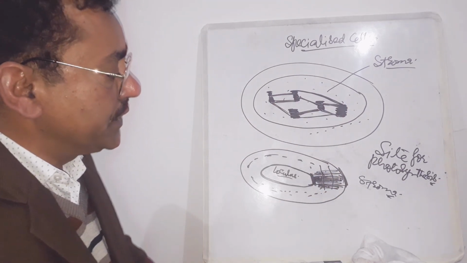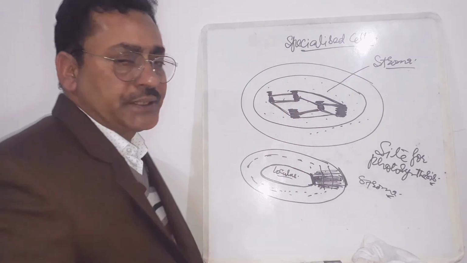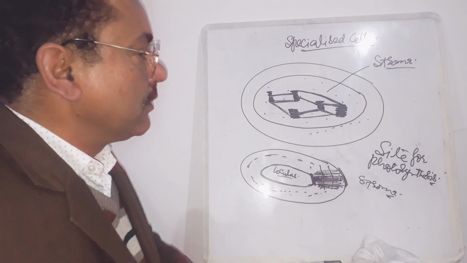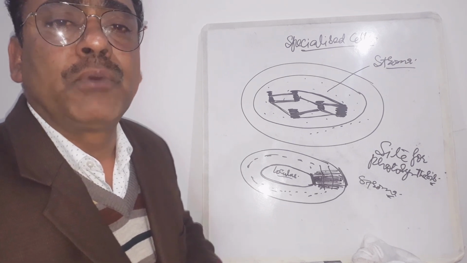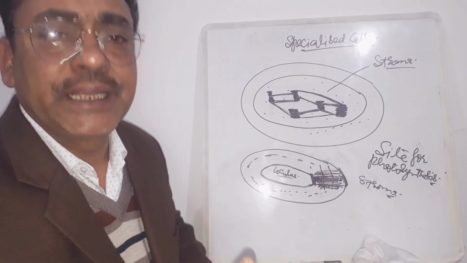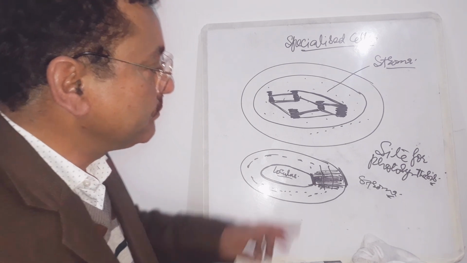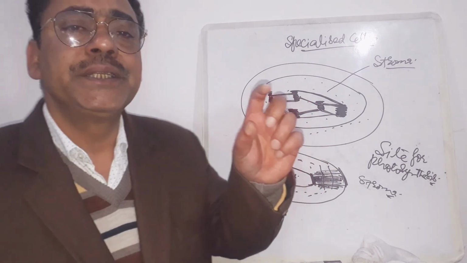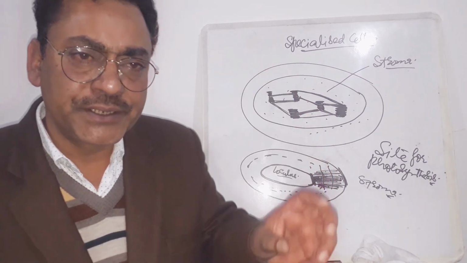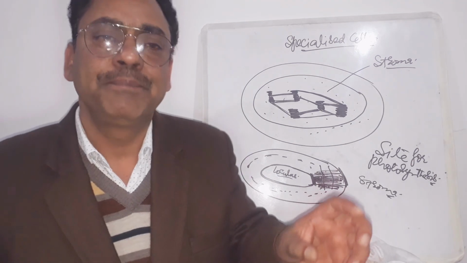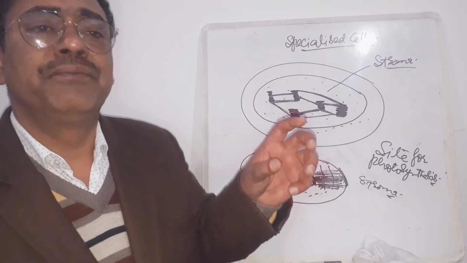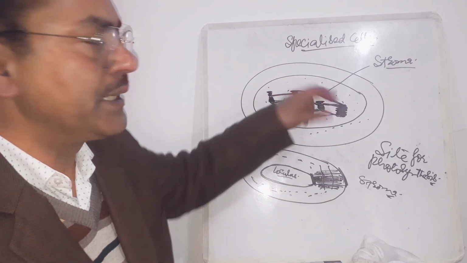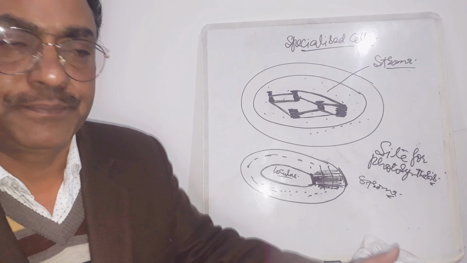Now, if you treat the chloroplasts with a mild detergent, 4 types of supramolecular complexes can come out. They can be released. When you treat the chloroplasts with a mild detergent, the grana are disrupted, and the 4 supramolecular complexes that are contained within the thylakoid membranes come out.